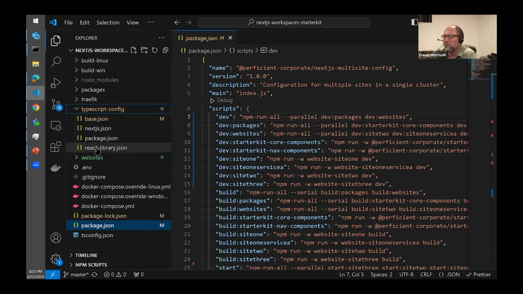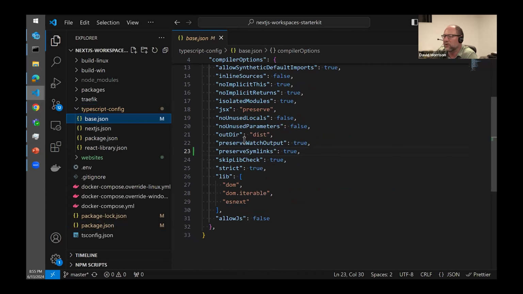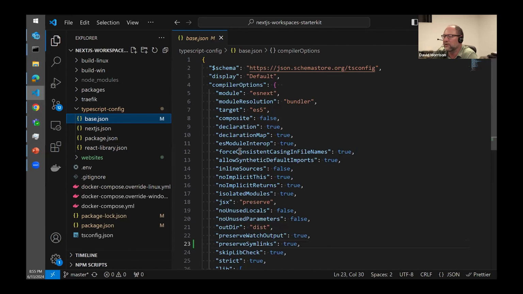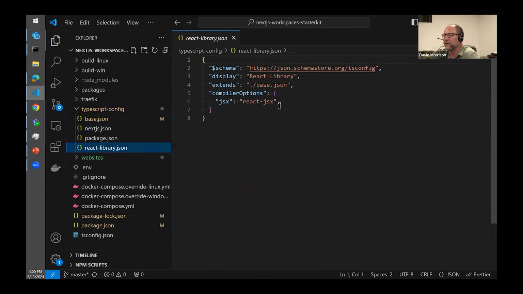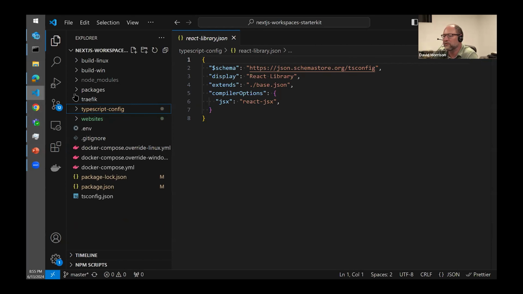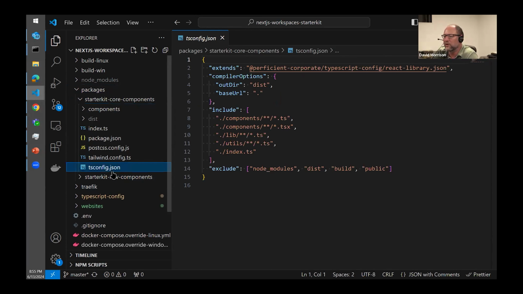So for example, I have one file base here, and that's got all my TypeScript compiler config that I'm going to share across the whole solution. And then I've got two variants. I've got one for Next.js where I add a couple parameters, and then I've got one for the React library, all the different React libraries. And so, for example, in the React libraries, they'll pull those in their own TS config with an extends.